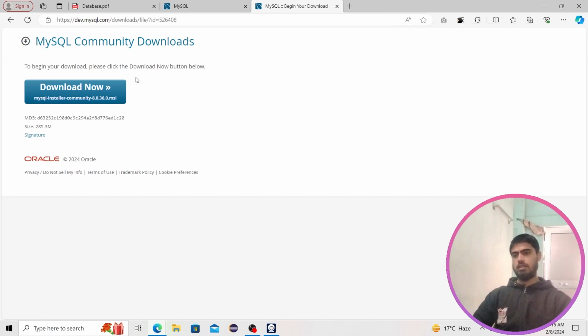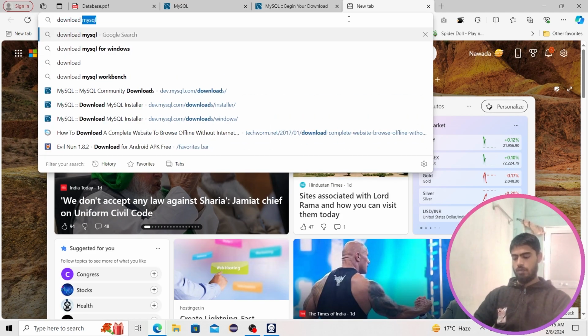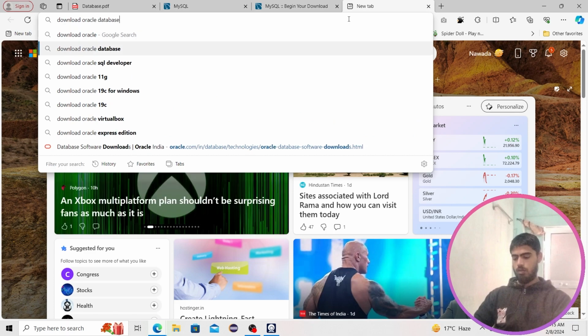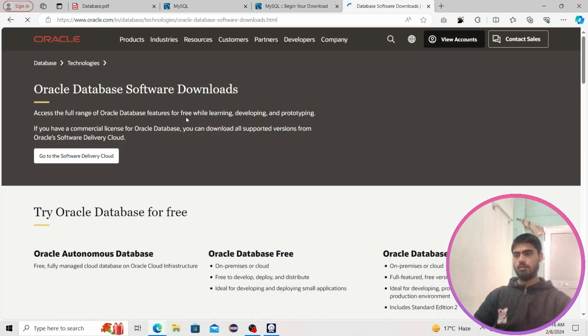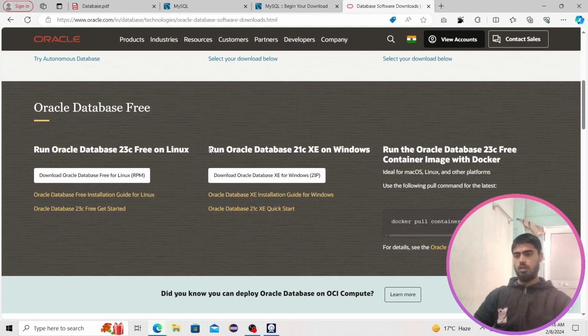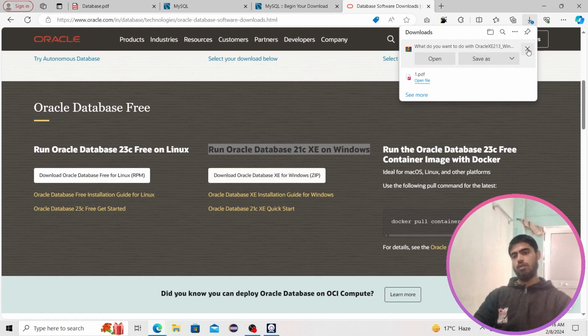Let's see how you are going to download Oracle SQL. Download Oracle database. Go to the first website and download this one, 21c XE. This is approximately a 1 GB file, so I'm not going to download this again. I have downloaded it before, so you have to download it